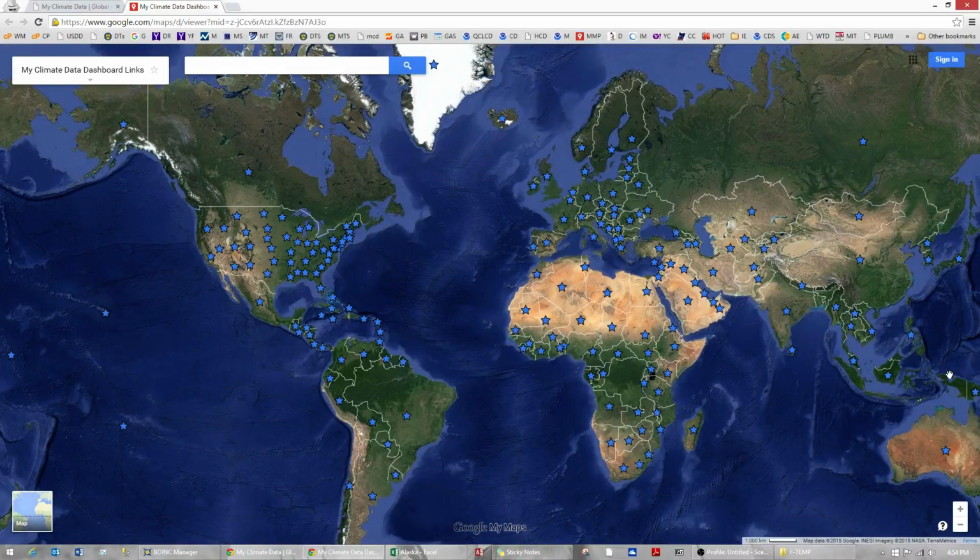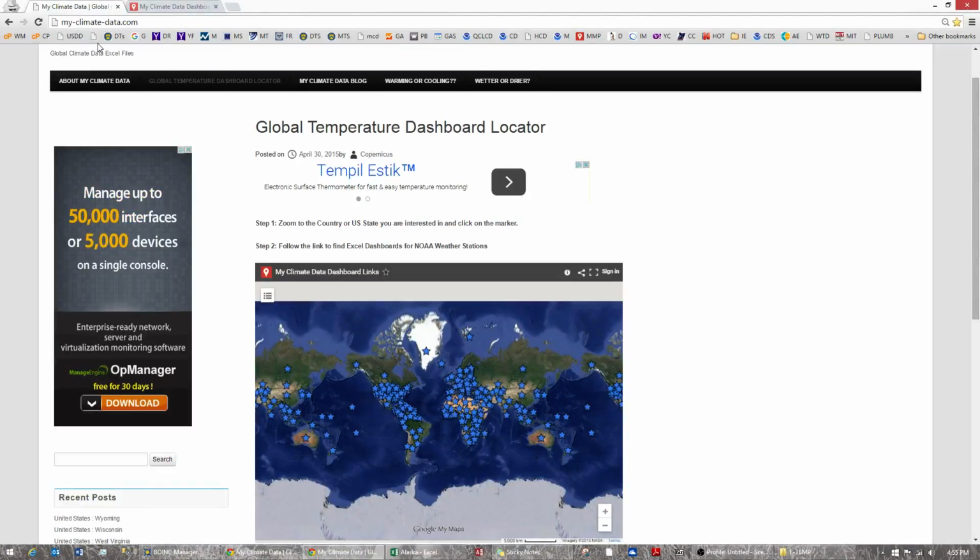Today is September 2nd, 2015, and if you've been following the news, you know that President Obama is traveling to Alaska. Yesterday he visited what is known as the Exit Glacier near Seward, Alaska, that is famous for shrinking over the last 100 years. Since this is in the news, I thought it would be a great opportunity to post a video on Seward showing everybody how to use My-Climate-Data.com to find a climate station near you and pull up the dashboard. So you're going to start at